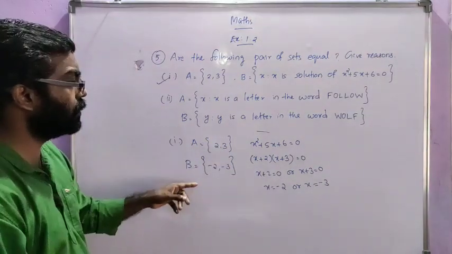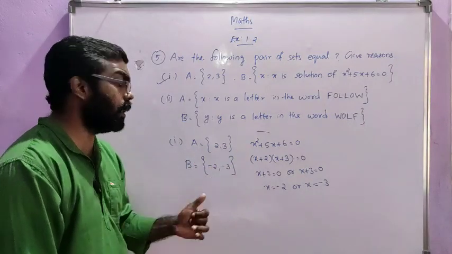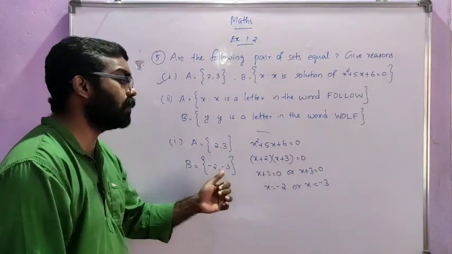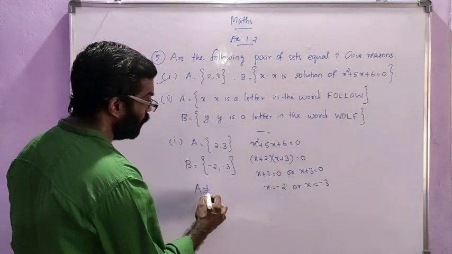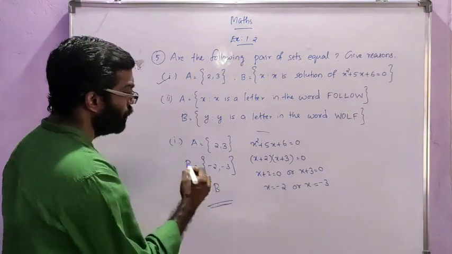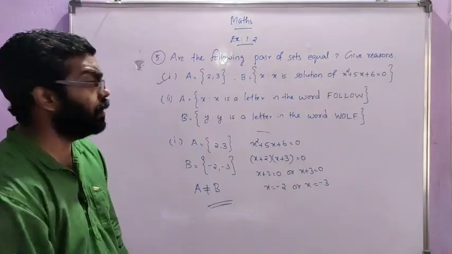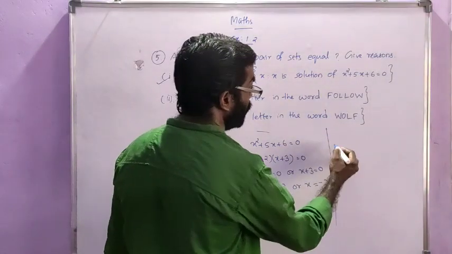Now we can compare these two sets. A is equal to {2, 3} and B is equal to {minus 2, minus 3}. Clearly we can say A is not equal to B. So here A is not equal to B. Now the second sub question is,